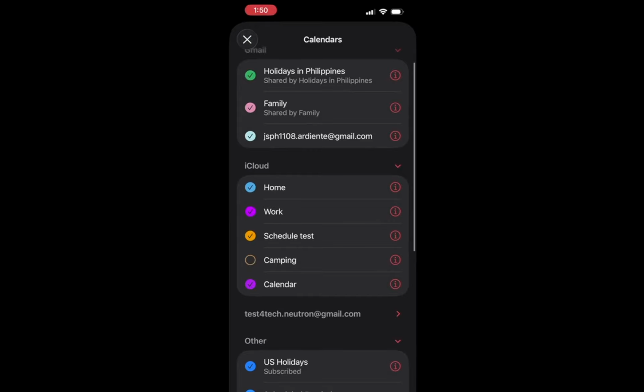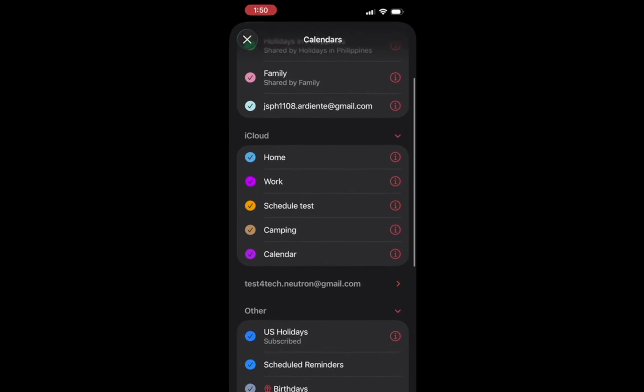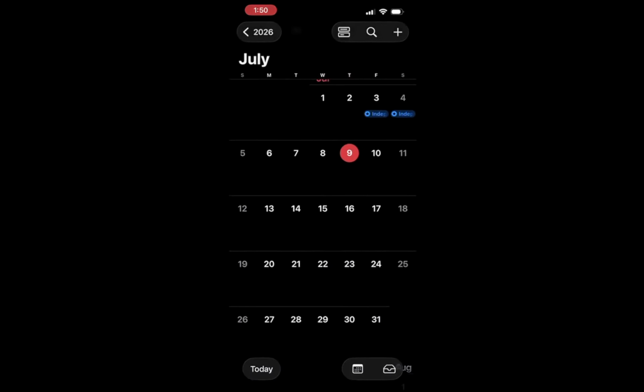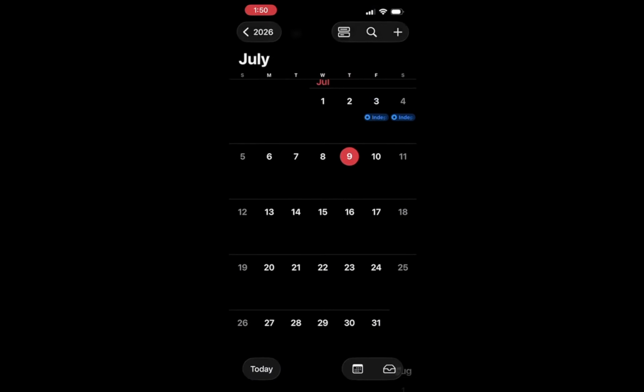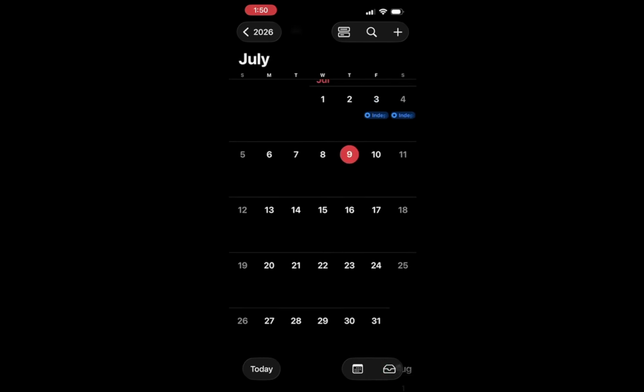Note, if you're using a third-party account such as Google Calendar, remember that you may need to create new calendars from that provider's website instead of the Apple Calendar app. Once created, they will automatically appear in Apple Calendar after syncing. This step is vital to ensure you have all your calendars in one accessible place.